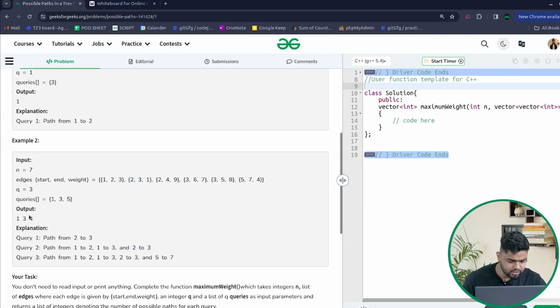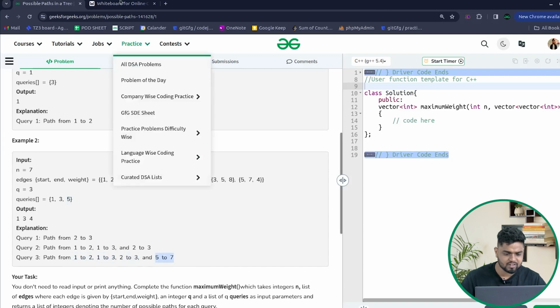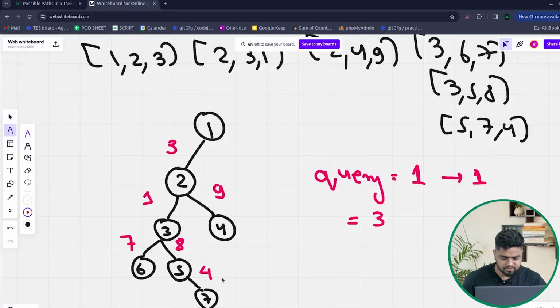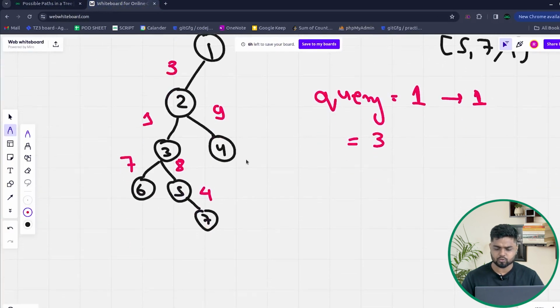And for the last case, when you have the query as 5, how many paths are there? The path between 1 and 2 will satisfy, 1 and 3, 2 and 3 will satisfy, and 5 and 7 also will satisfy. You can see the path between 5 and 7 is of weight 4, which is less than or equal to 5. So what we have to do in this particular problem, if we want to solve it,